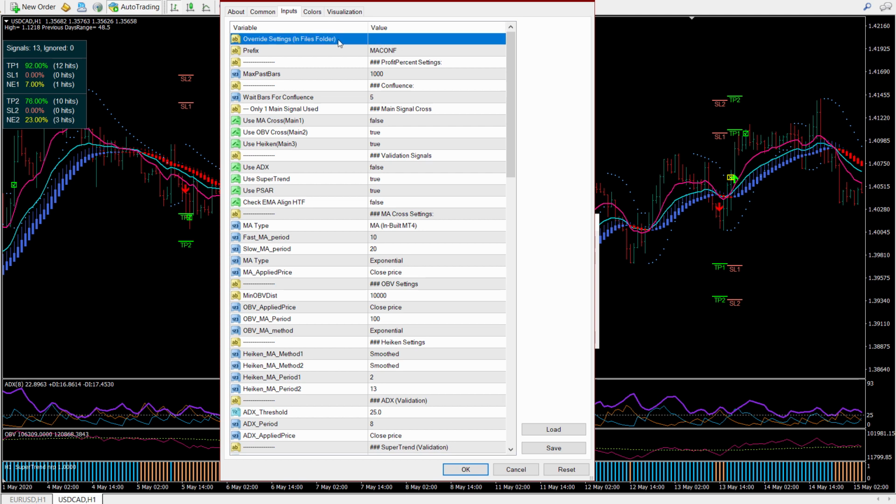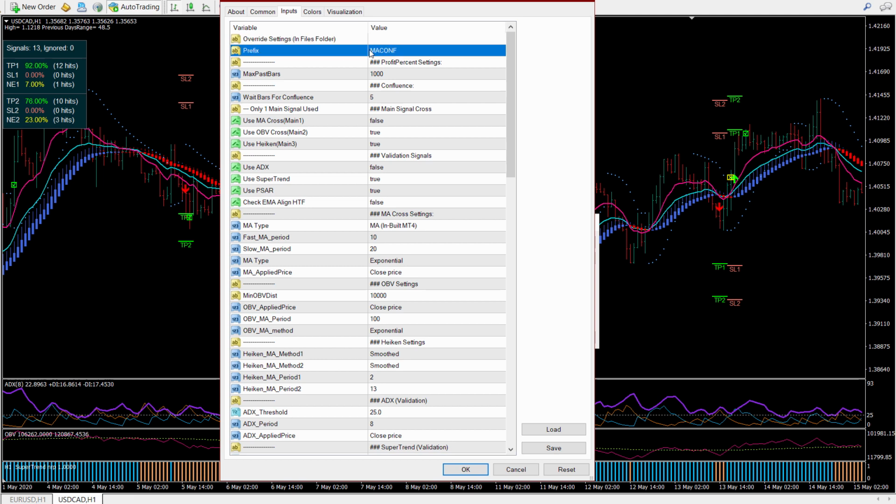In that case it will use all the settings from that and it will ignore all of these settings. This set file will override these. It's basically, suppose you have a template that you want to use over multiple charts and you don't want to set each and every setting, it can be used for that.